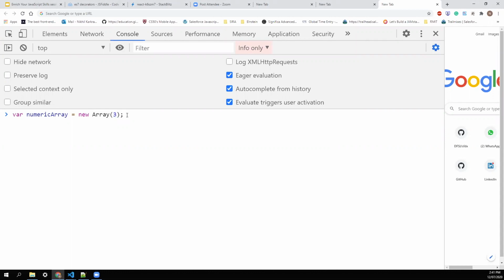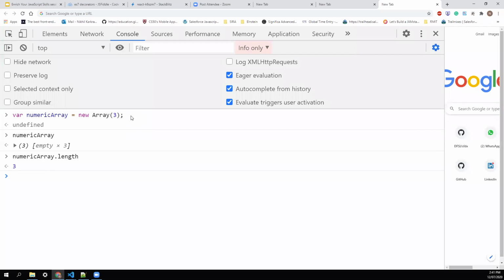I'll show you what it means. If I now print numeric array, you'll see empty times 3. So it has something, but those are empty. So the memory is already allocated. And if I say length, there is a length property on an array that tells how many elements are available in the array. So it gives me 3. It means 3 blocks are filled in this array.